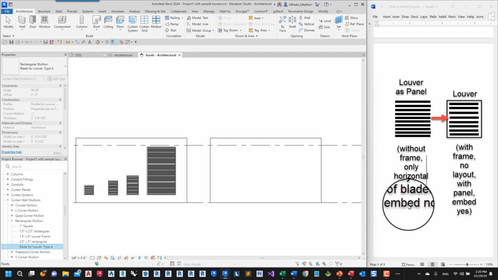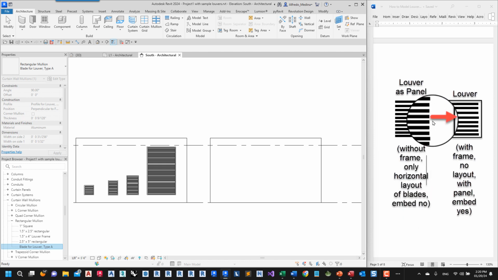The automatically embed feature is going to be set to no, because this is not going to be inserted into a wall, but as a panel, either in another curtain wall type that is going to be a louver, or as a panel in a storefront or curtain wall.